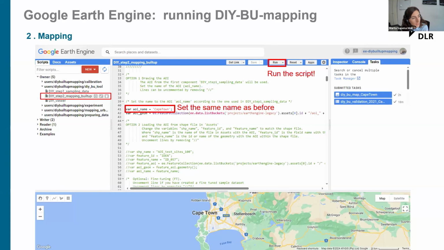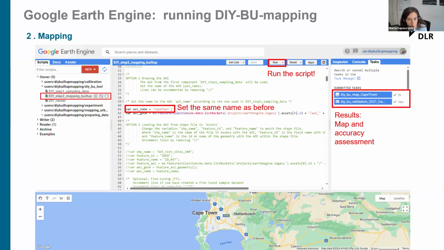And then you will learn how to filter the pixels by the cloud coverage, how all the training process works, how we are fitting the model, and so on. But if you are just interested to create a map, you don't have to do anything else. And in this case, since the area was a little bit big, it took 20 minutes to create the validation report, because we only create this for the year 2021, and 2 hours to create the map for 6 years or 7 years. The time will always depend on the size of the area of interest.